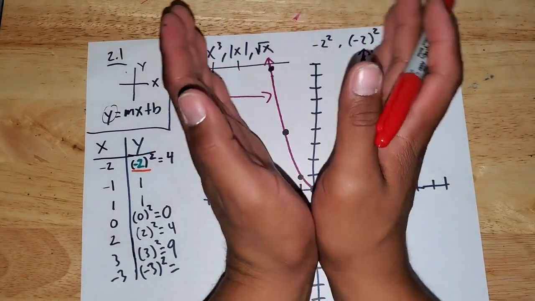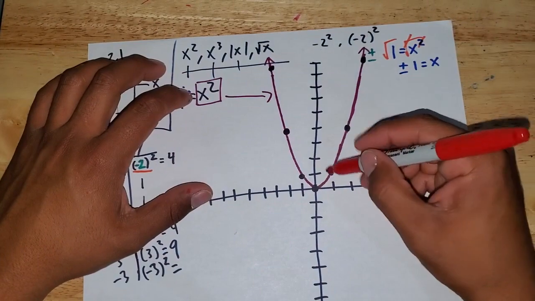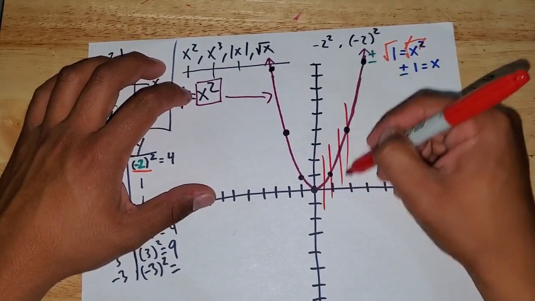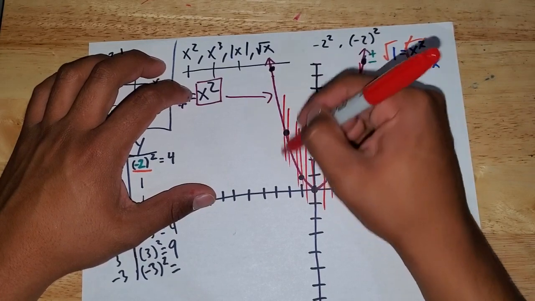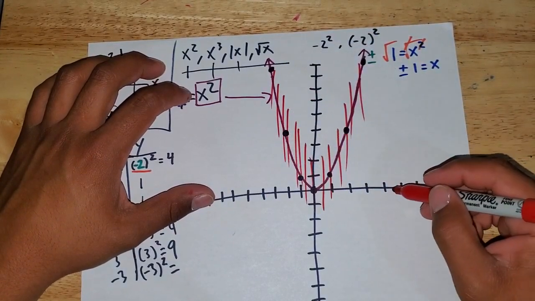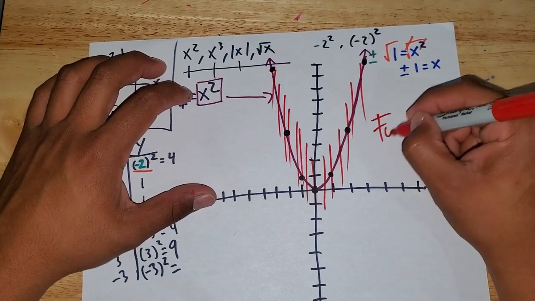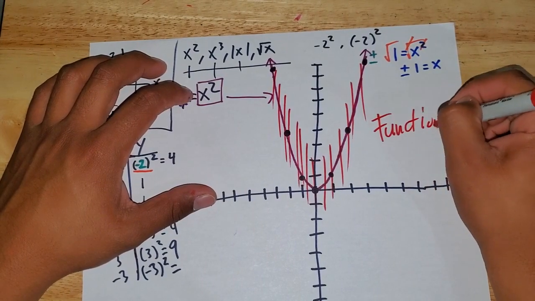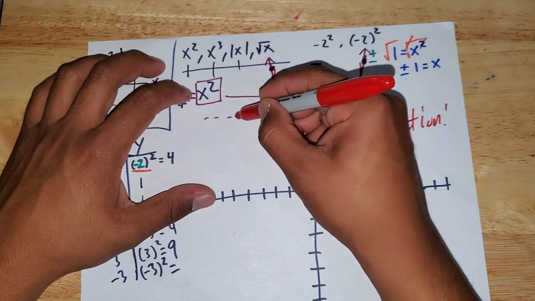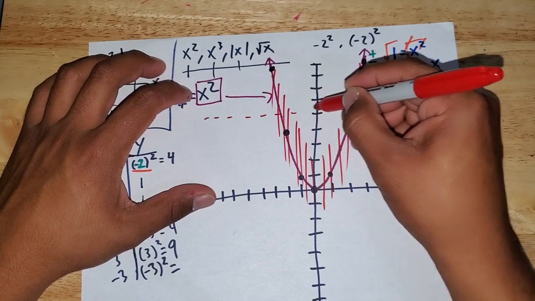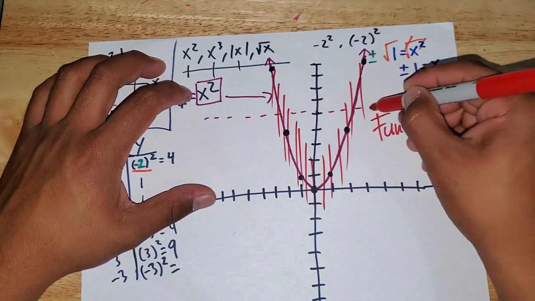These open up forever. So when I'm making my vertical lines, am I going to intersect this graph more than once? Nope. Hence, this is a function. Now, eventually, we're going to talk about, I'm sure you're already thinking of it, there's also